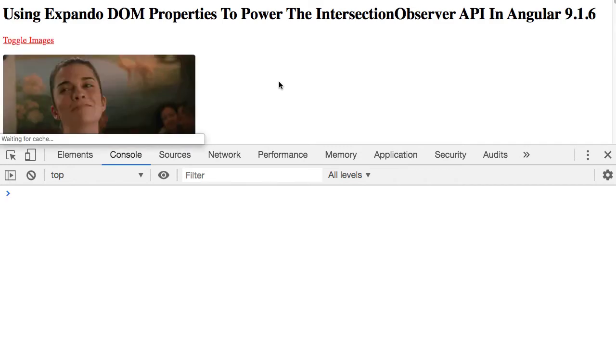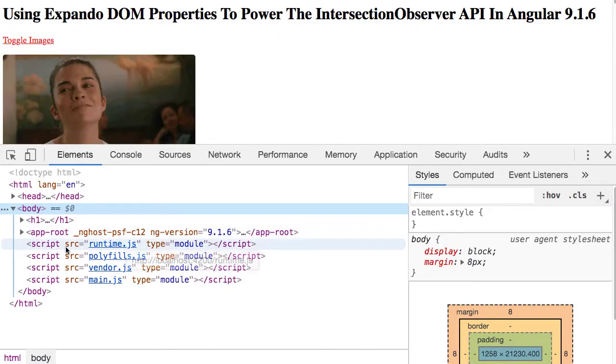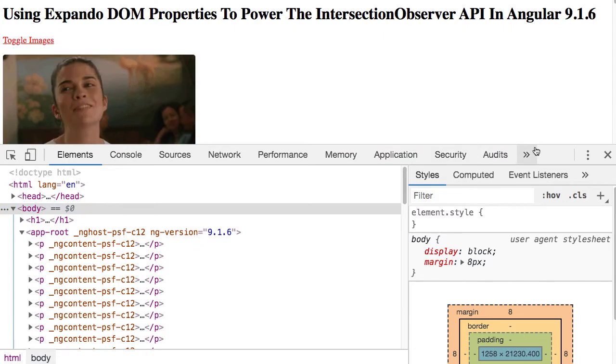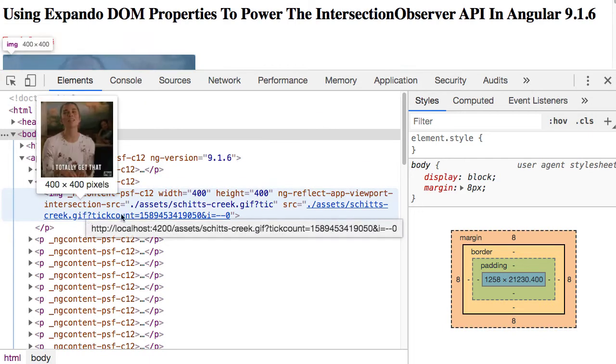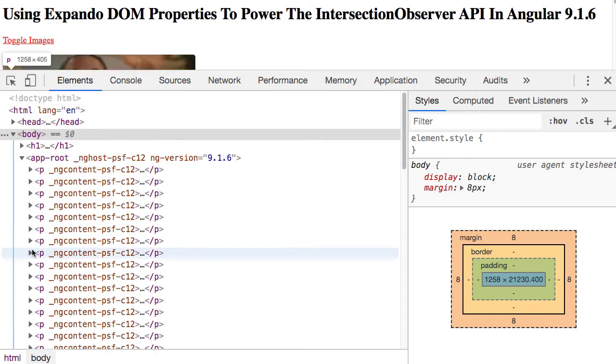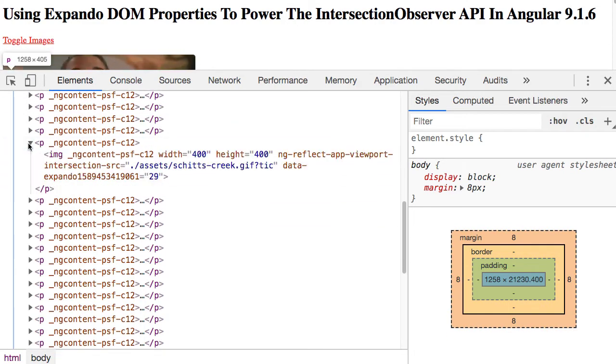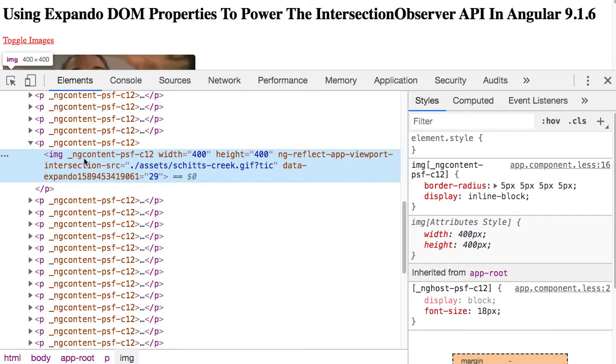And let's actually refresh. If we refresh and look at the elements, what we will see is a giant list of paragraphs, but within each paragraph is an image. This first one loaded, so you can see that the source attribute on the image has shown up. However, if we go down to one of the paragraphs later on, we can see here that there is no source attribute. We have this ng reflect app viewport intersection source, but then we also have this data